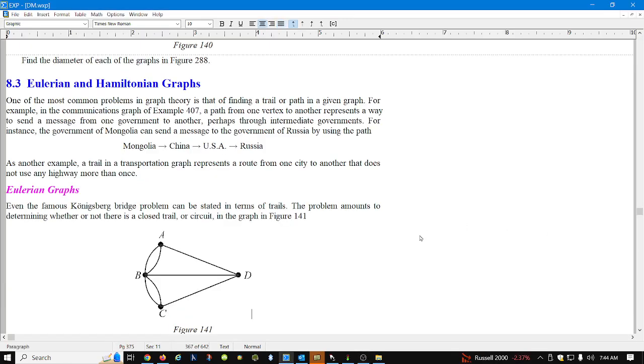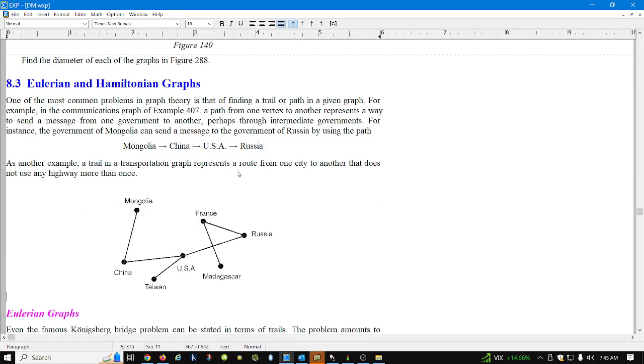In this video, we'll continue our discussion of graph theory with Eulerian and Hamiltonian graphs. One of the most common problems in graph theory is that of finding a specific trail or path in a given graph. So, for example, in the communications graph that we saw way back in example 407, and let me temporarily paste that graph in here,